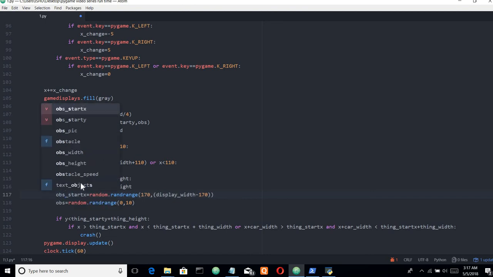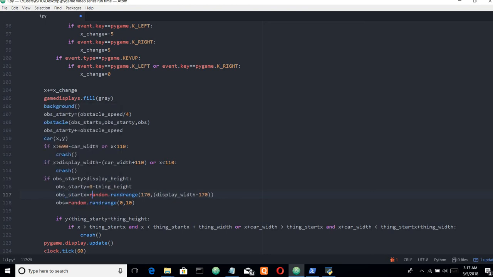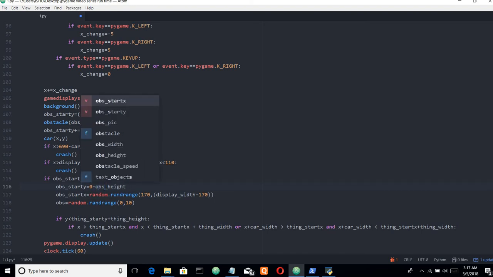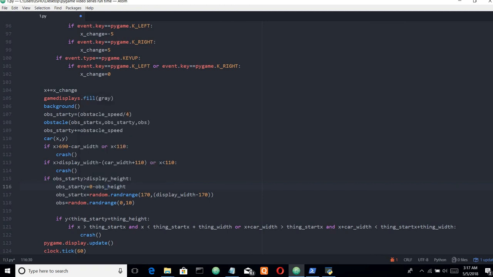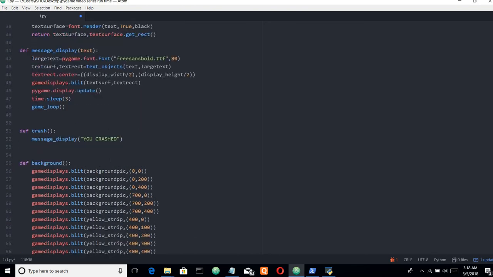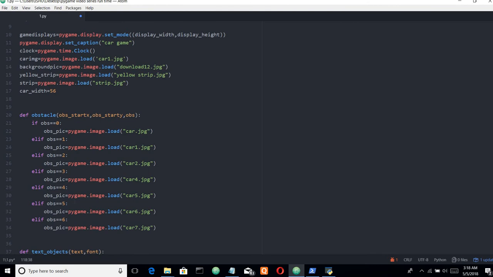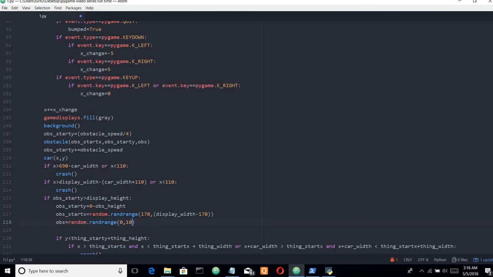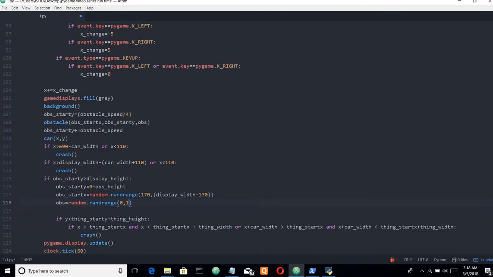This is obstacle height, right? Obstacle height. Okay. This is random range for obstacle, and it should be 0 to 7. Okay,